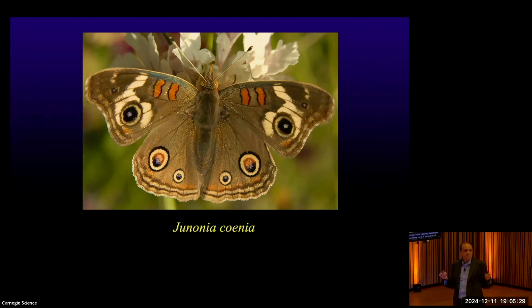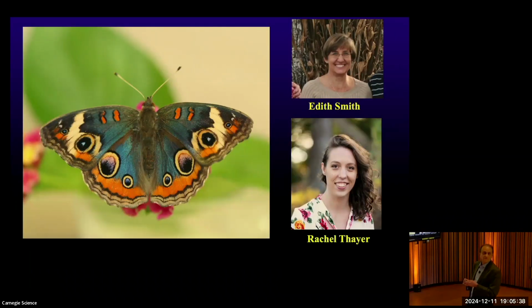And it occurred to Edith, what if I take the bluest ones and I mate them to each other? And so she did that for a year, which is about 12 generations, and she made them really, really blue. Okay, they're quite beautiful. And so we were buying butterflies from her sometimes for our experiments, and we bought a batch and they arrived, and we were like, what are these things? So we called her up and she said, oh, do you like them?